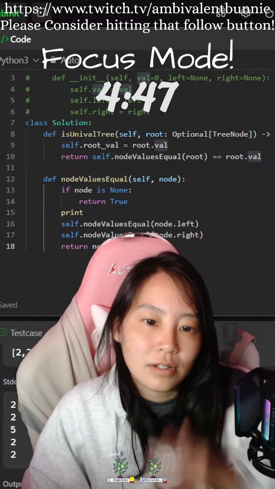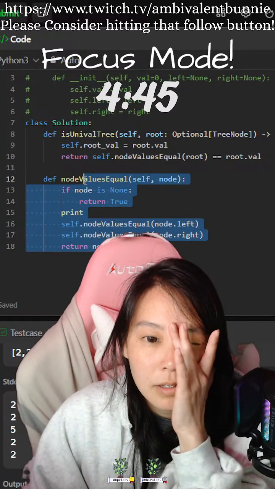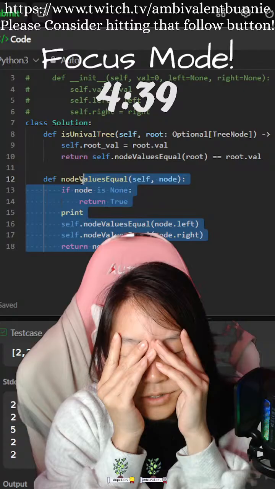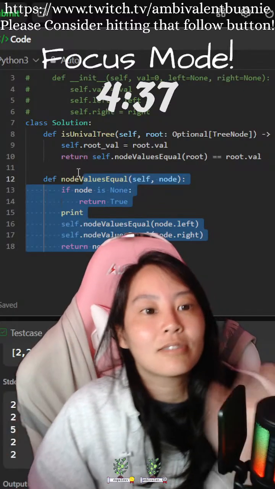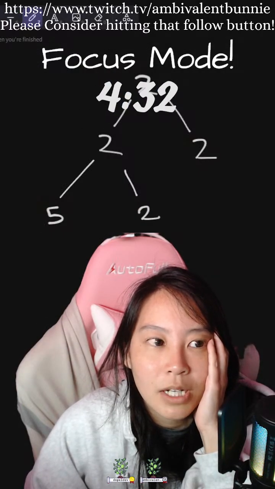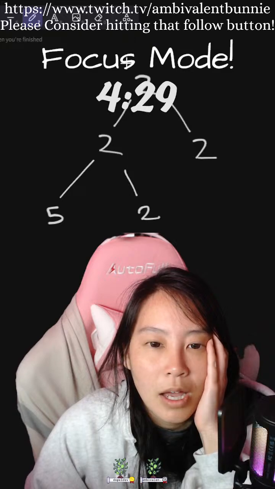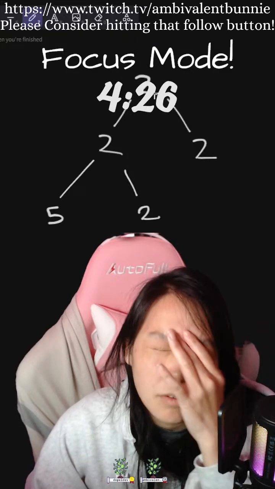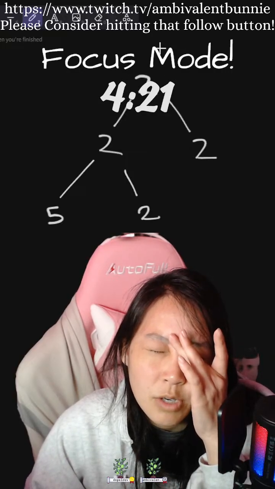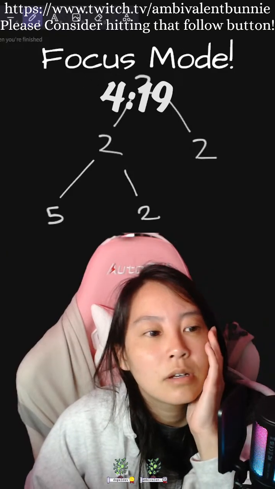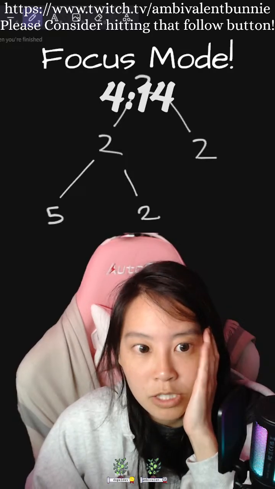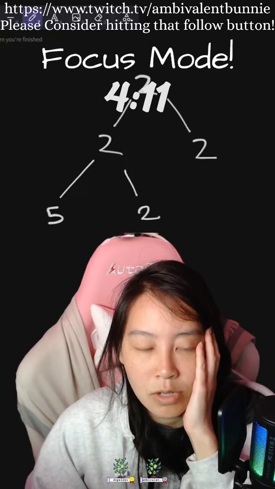So we have the concept, so I know what I need to do. I just need to figure out why it's not returning. Right now we check if the node exists. If the node exists, we check if root, which is 2 in this case, equals node.